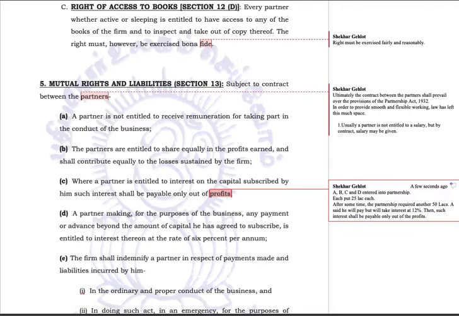A, B, C, and D enter into a partnership. Each of them puts in 25 lakh rupees. Okay. Now, after some time, the partnership requires another 50 lakh rupees. A says, I will pay 50 lakh rupees to the partnership, but will take 12% interest. Okay. Then the normal rule is such interest shall be payable only out of profits. That means